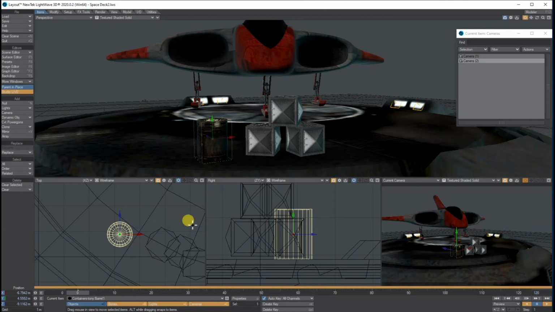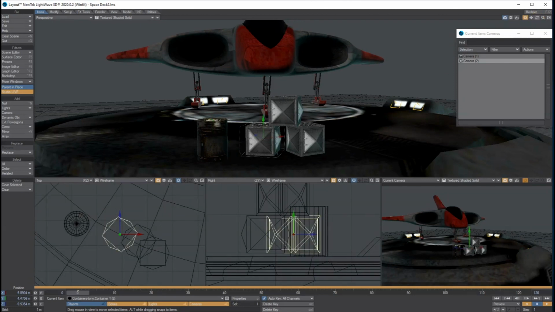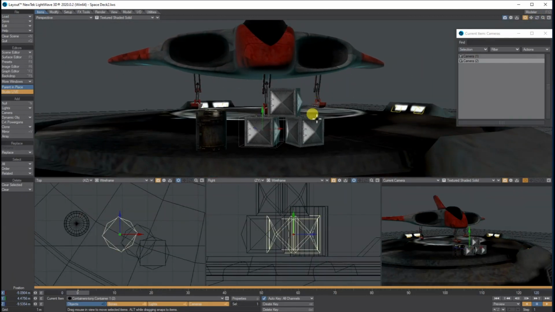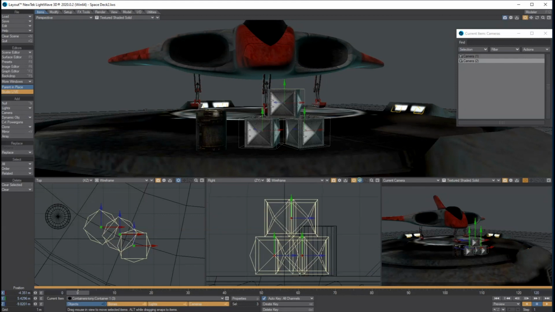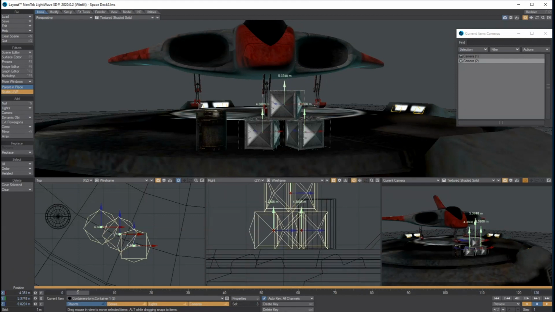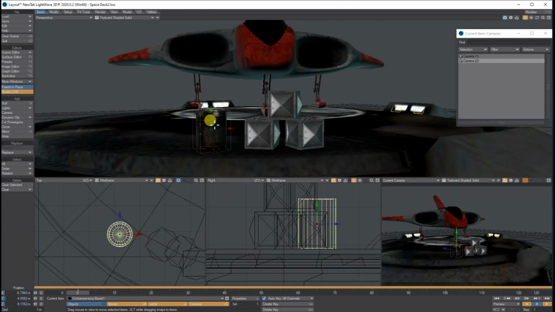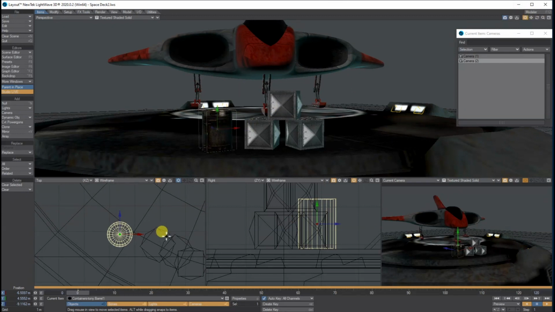And if you see, these ones are not on the ground actually. If I have a look underneath them, yeah, they're floating a little bit. So let's just shift click all these and bring them down. Best to do it in your side view so you know you're actually on the ground. And then we've got our little barrel here.